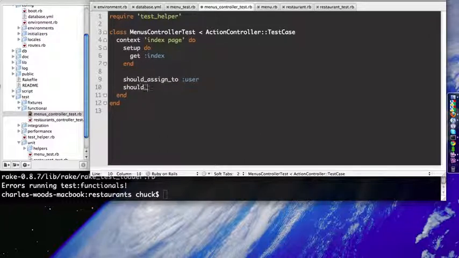It should respond with success, and you'll see that this is a whole lot like what was going on in the test unit tests. Should render template index, and maybe should not set